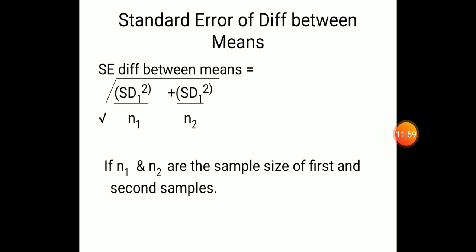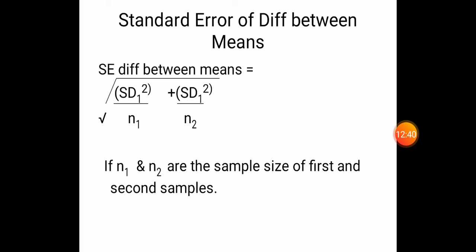And next, if we want to compare one population with another population, say we want to compare the height of the students of 2017 batch with 2016 batch, then there are 2 populations. We will have 2 averages, 2 standard deviations. The mean and standard deviation of 2017 batch will be there, and the mean and standard deviation of 2016 batch will be there. With the help of that, we will calculate the standard error of difference between these 2 means. Is there any difference in the height, or which batch is taller? Is it 2017 batch or 2016 batch?